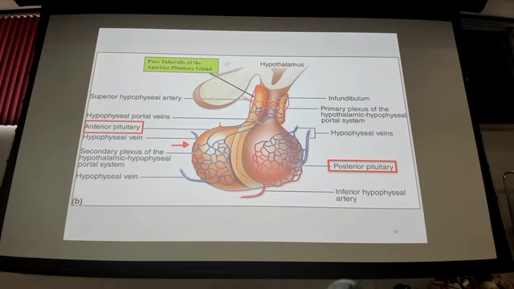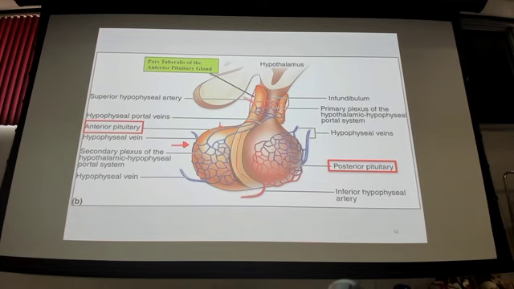Histologically, the tissue is somewhat different, so it is sort of a delineation between the anterior and posterior pituitary. But based on the questions I've gotten, I would advise you to think about the anterior and posterior pituitary as two different things, all right? Two different things entirely. That way you can bucket them together. Is there communication between? Is there circulation between? Yes, of course there is, all right? But let's not get into too fine of anatomy and physiology here. This is where we need it to be.